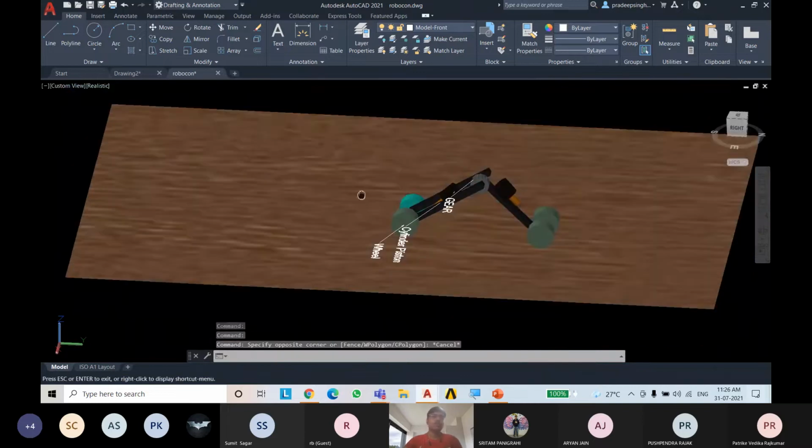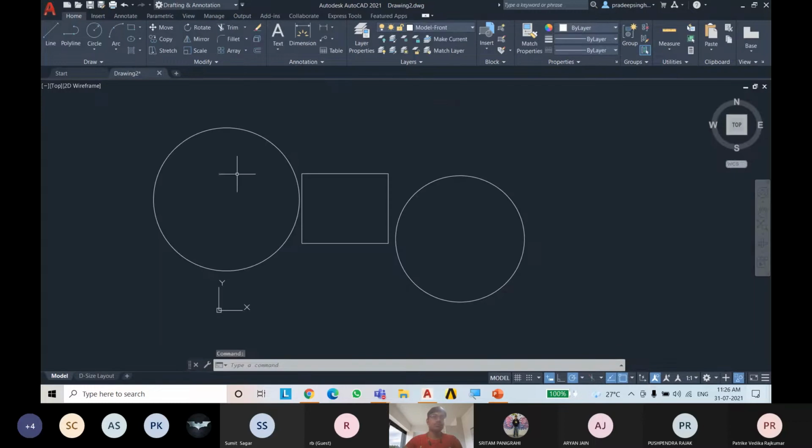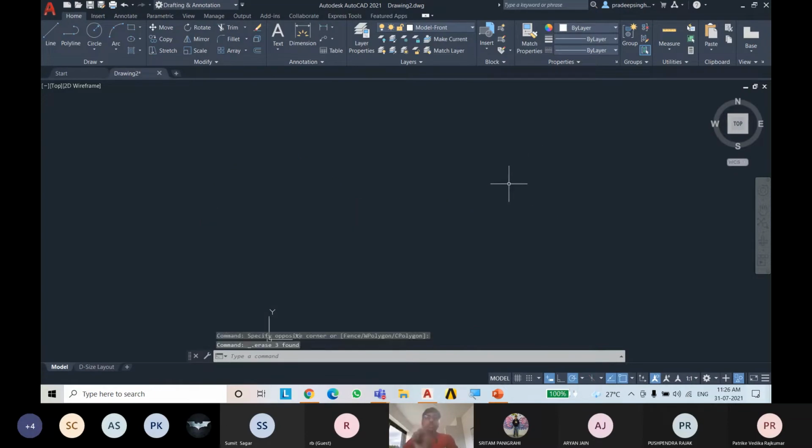So now let's start drawing. For deleting any object, you can just select it with a window and press delete on the keyboard, and it will be deleted.